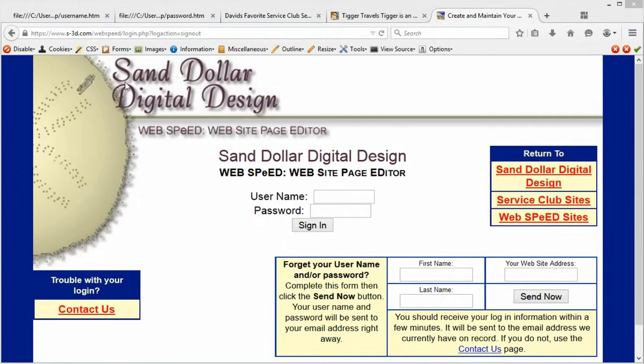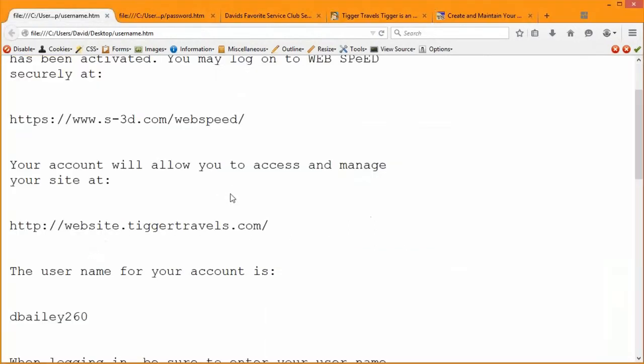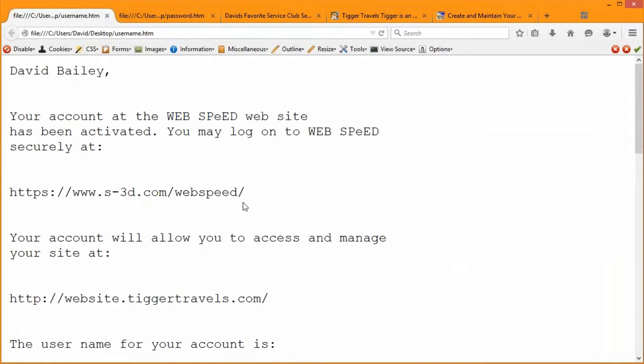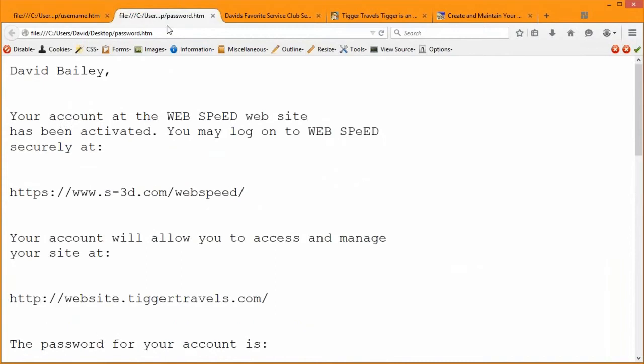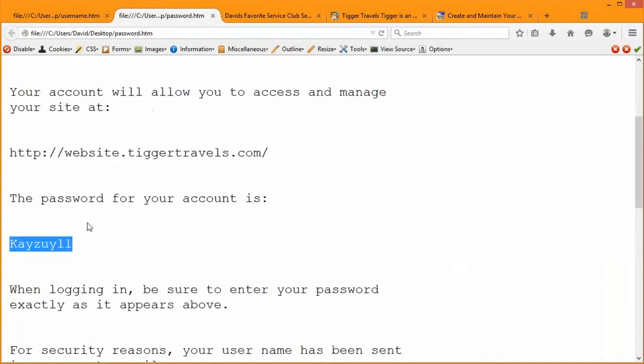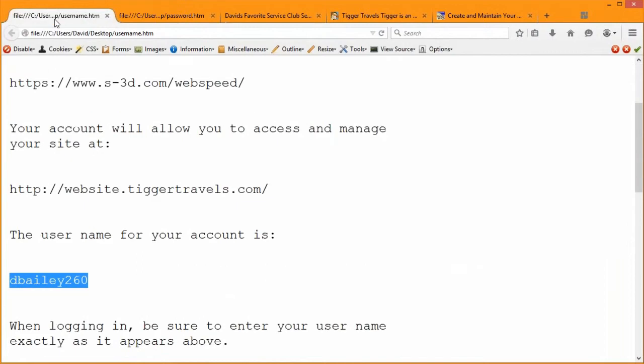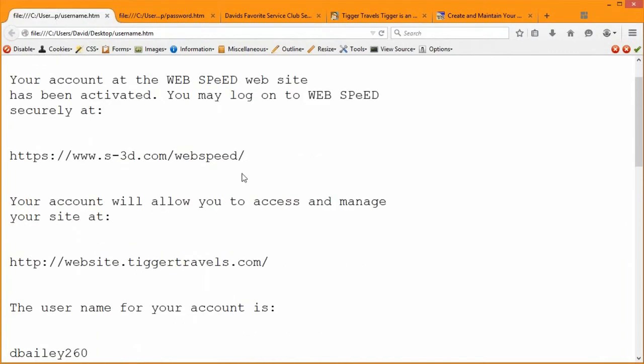When you first get your account, your website set up, you're going to receive a series of 2 emails. One is going to have a username and one is going to have a password. This username and password are, of course, case sensitive, and you'll notice in the same email there's actually an address that will show you